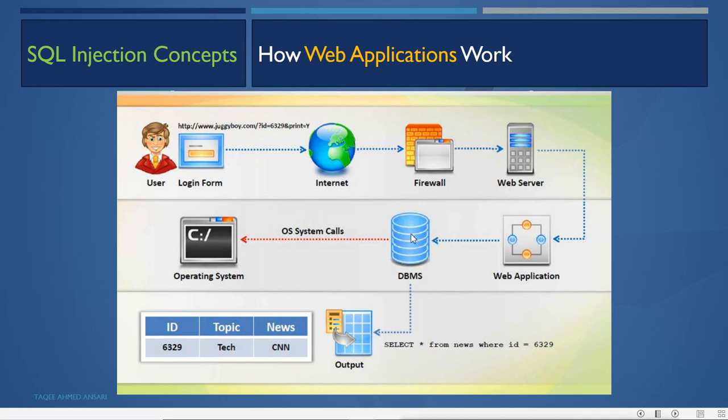Now there is an option. Suppose the organization is not that big, or they might not have big databases, so what can they do? They can use a web server. On the web server they can create a web application, and on the same server they can install the database also. So it can be on a single machine or it can be on a different machine.